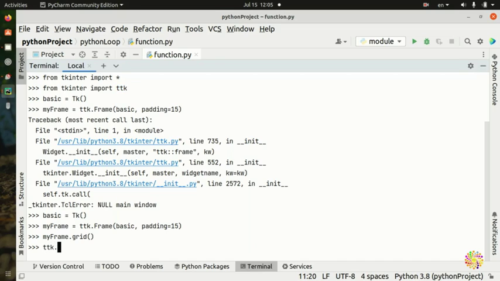We put ttk dot label, and you need to put a label. What sort of label do we want to put? We want to put a label of my frame, not the basic, but from my frame,